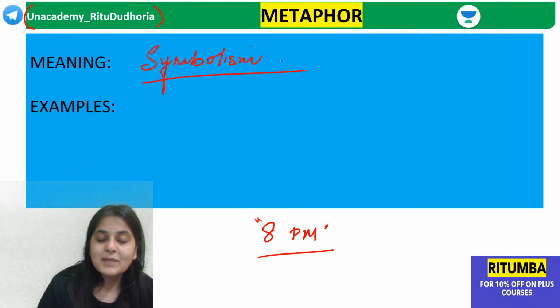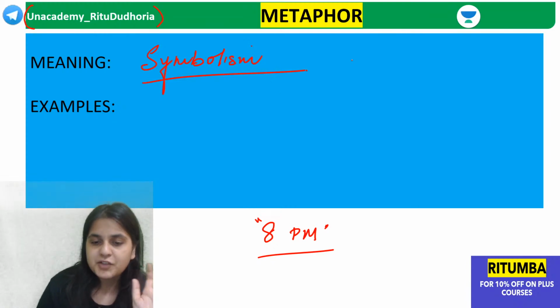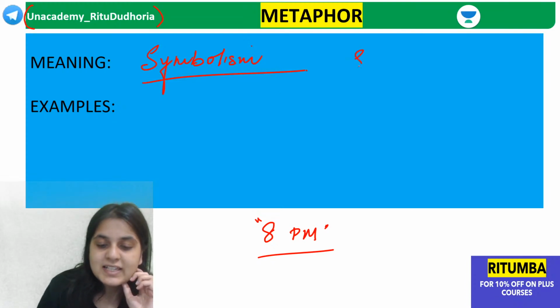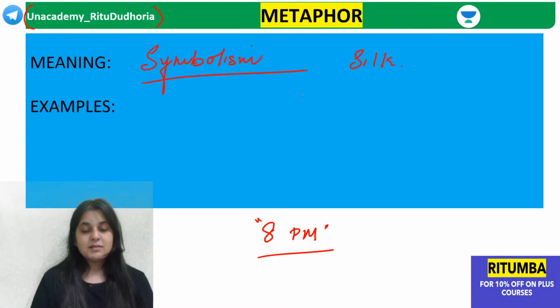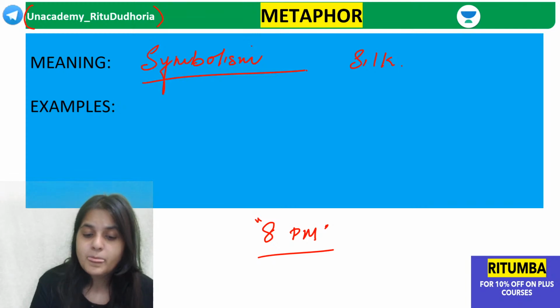Okay, now suno. So metaphor is basically symbolism, guys. Now for example, suno, if I say silk, can you tell me what is silk a symbol of? Silk किसका symbol है, guys? If I say silk, silk is a symbol of